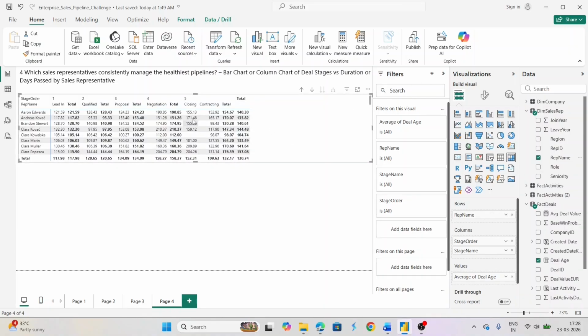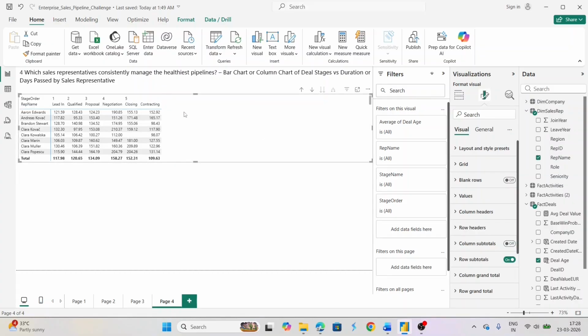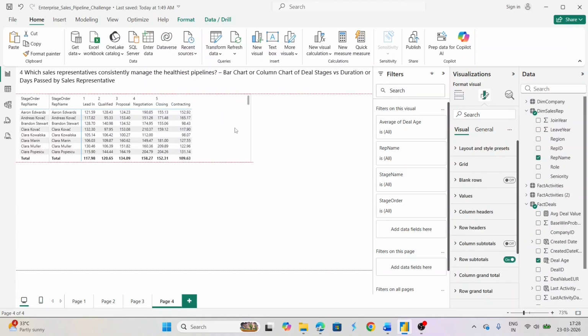Now I don't want the subtotal, but I want the main total. Okay, so let's remove the subtotal. Removing subtotal is very easy. It's like this. But here's an issue. When I remove subtotal, I'm removing the grand total as well. So what do I do? What can I do to change that? Well, we have to go with a non-conventional method to get the grand total,